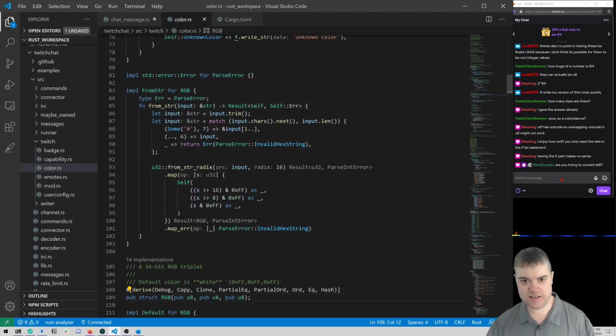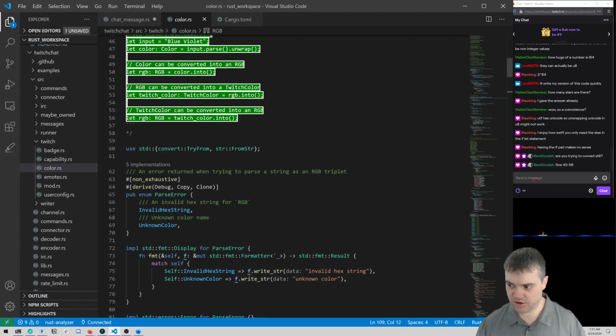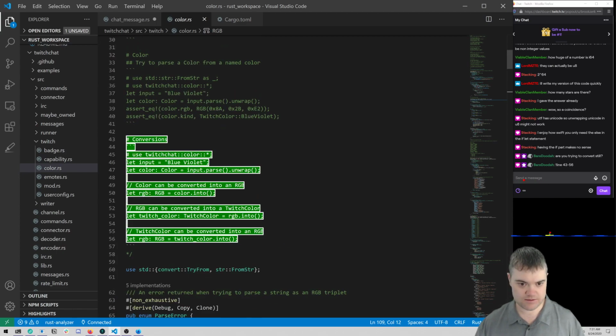I found that there's an RGB-like type directly on the color object from Twitch. So the Twitch chat actually has all this stuff for us. So I think it works. Color can be converted into an RGB, let RGB. Yeah, but it's going to be a type RGB now.